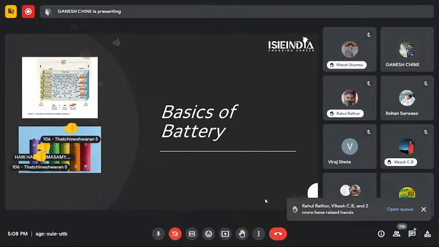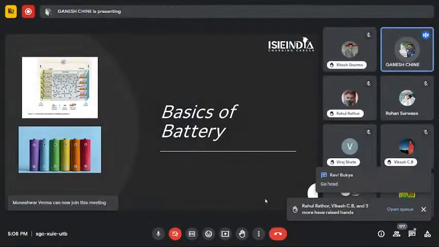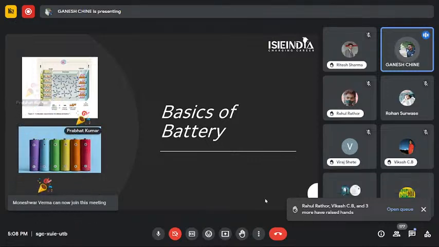The electrolyte is the conducting material for the transfer of ions from anode to cathode and cathode to anode while charging and discharging. And